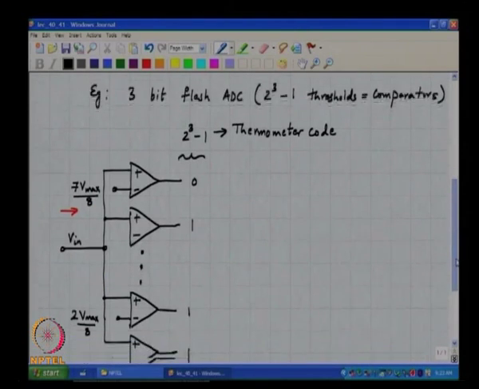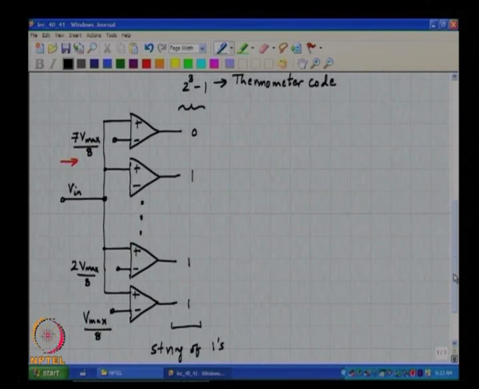Now, the output of the flash needs to be a binary code finally, right, between, in this particular example, 000 through 111. But what we have at the output of the comparator array is a 2 to the n minus 1 bit code, which is a thermometer code. So, to figure out which bin the input lies in, what we are interested in is figuring out the transition between the all 1s and the all 0s, right. So, that is again very straightforward, simply because in principle what you can do is to find the transition